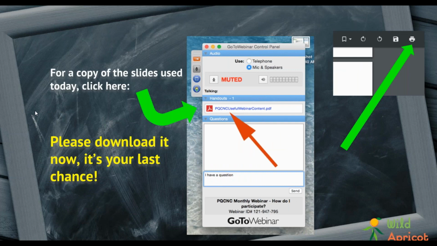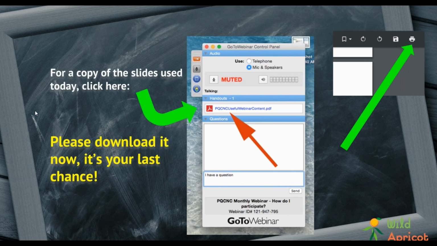Lastly, before we get finished for the day, if you want a copy of that handout, try and download it again now. You can do it by clicking the GoToWebinar handout dropdown and then clicking day1handout.pdf. That'll bring a preview up on your screen that you can then save to your computer. Just viewing the preview doesn't save it automatically to your computer, so make sure that you either right-click and save as, or click the save button in the top right of that preview.